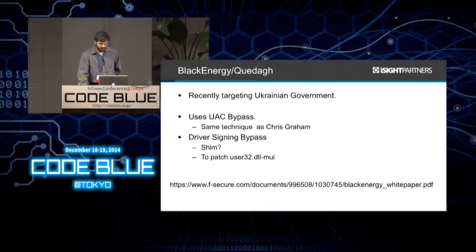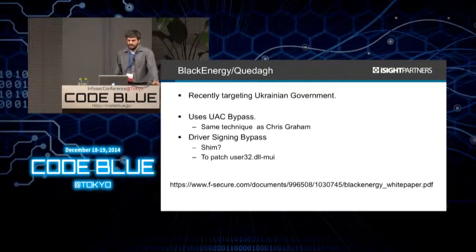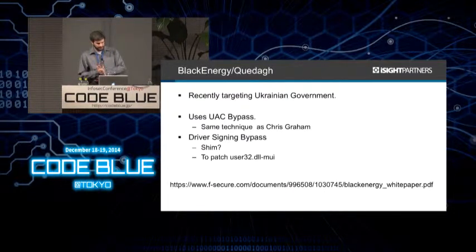Next, BlackEnergy. This is information taken from the F-Secure white paper on BlackEnergy, where they say that it's been recently targeting the Ukrainian government. And they used a UAC bypass technique. It's the same exact technique that Chris Graham documented. And I'm not sure exactly which one happened first, if BlackEnergy did it and then Chris saw it and then talked about it, or if Chris published this blog and the BlackEnergy authors figured it out and decided to use it. They also mention in the paper that they did a driver signing bypass,